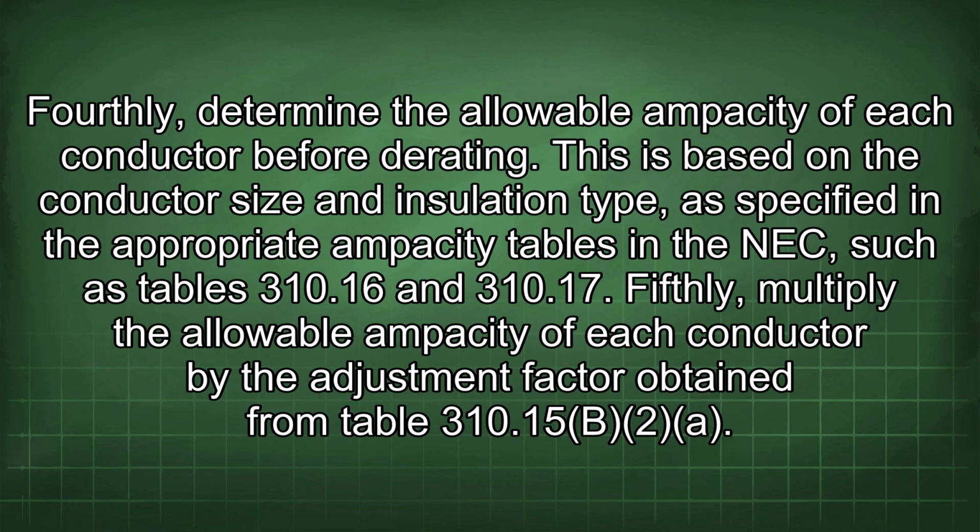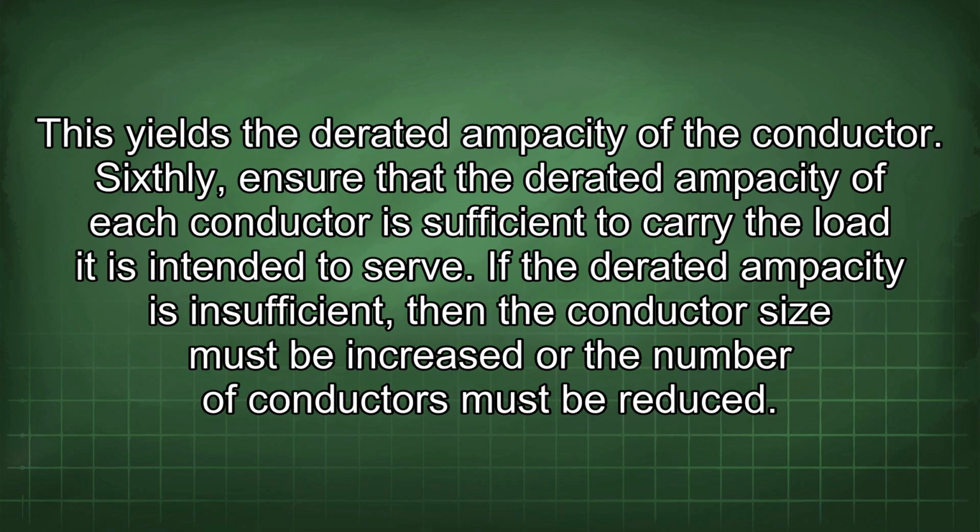This is based on the conductor size and insulation type, as specified in the appropriate ampacity tables in the NEC, such as tables 310.16 and 310.17. Fifthly, multiply the allowable ampacity of each conductor by the adjustment factor obtained from table 310.15(B)(2). This yields the derated ampacity of the conductor. Sixthly, ensure that the derated ampacity of each conductor is sufficient to carry the load it is intended to serve. If the derated ampacity is insufficient, then the conductor size must be increased or the number of conductors must be